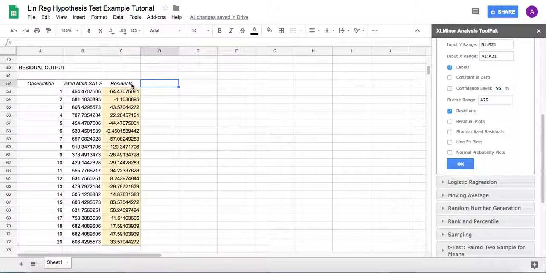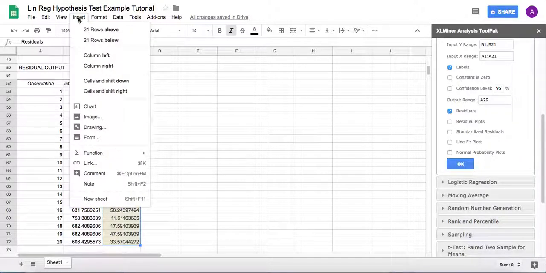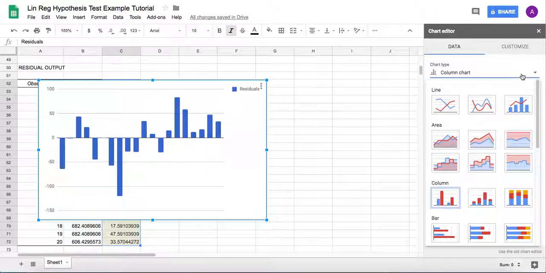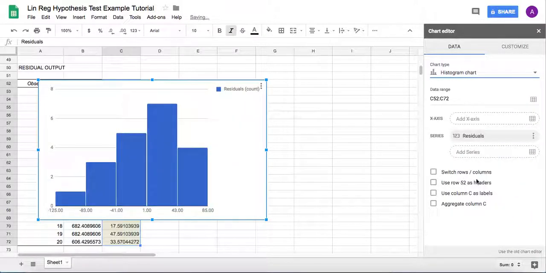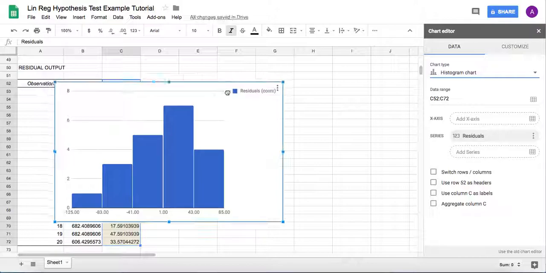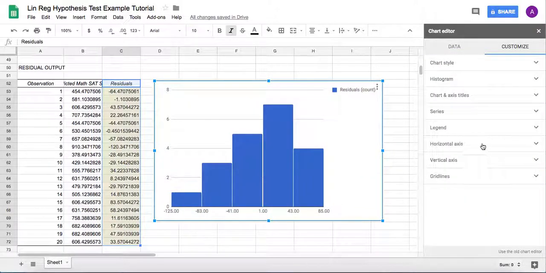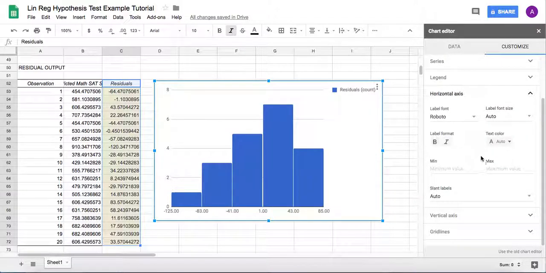If you want to double check, you can actually even go ahead and highlight these, and you can say insert your chart, and you can run your histogram off of that data just to double check. If you feel like it's really off, you can go ahead and run the histogram off of that. They really ought to be about the same, because they'll be off by about the same amount. So again, we'll do it